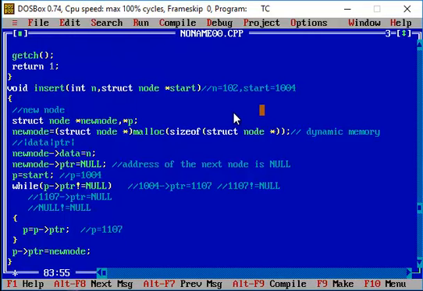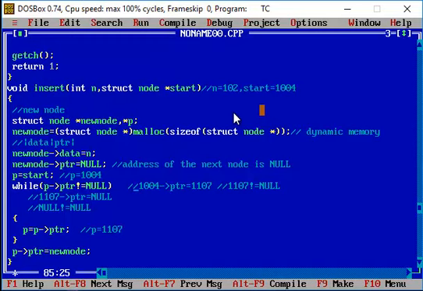Now in order to connect this new node to the existing linked list, I'm taking the address of the header node or the start node, which is getting assigned to a pointer variable p. So p is another variable that I have created here. Now I'm trying to insert the new node in my existing linked list.